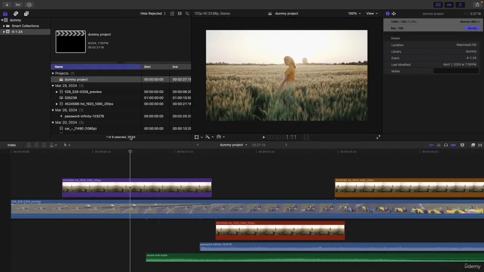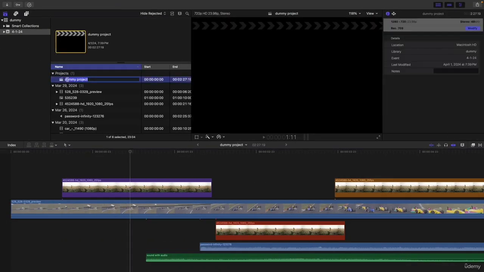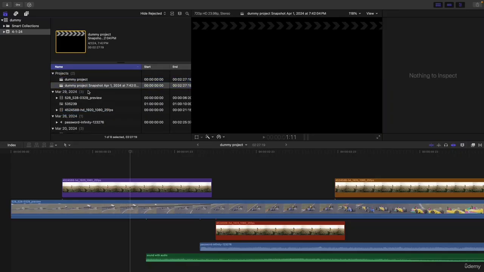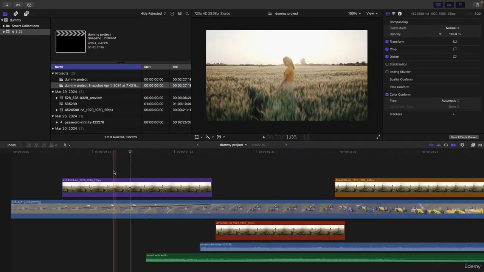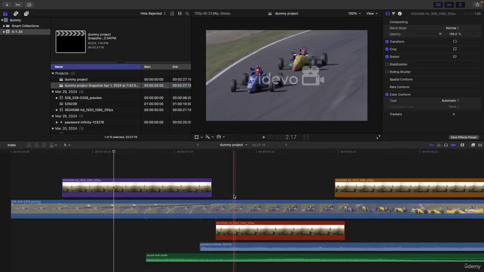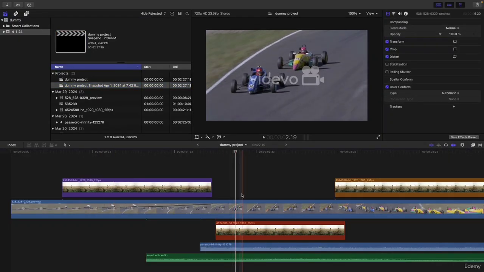Let's try this. So you just have to go to this project. Now just right click and click on snapshot project. After you do that, you can see that a snapshot project has been created for this particular date at this particular time. Now whatever changes you are going to make will not impact